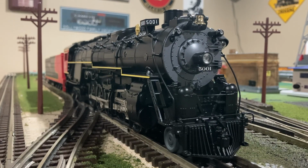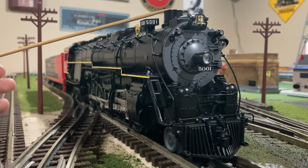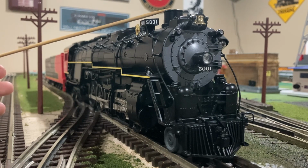Under the hood, this model is powered by one large flywheel motor and is also equipped with 2 fan-driven smoke units, both of which are located up here at the front. The first one is used for the main smokestack, which, speaking of the same smokestack, can be interchanged with